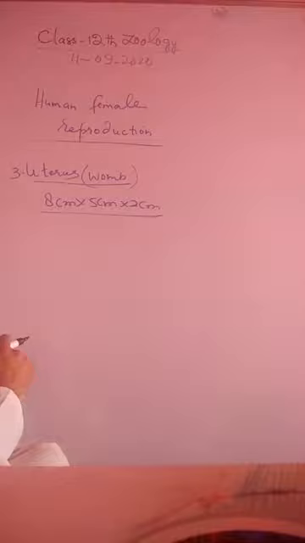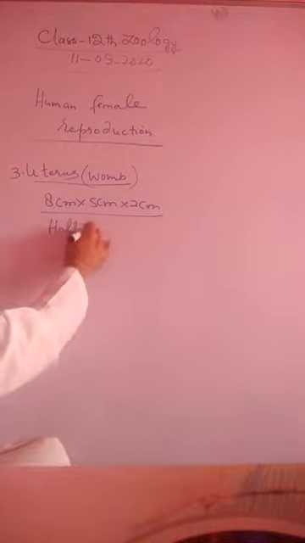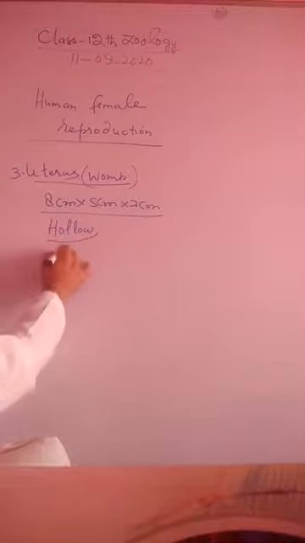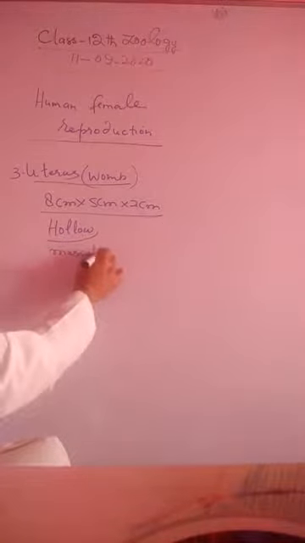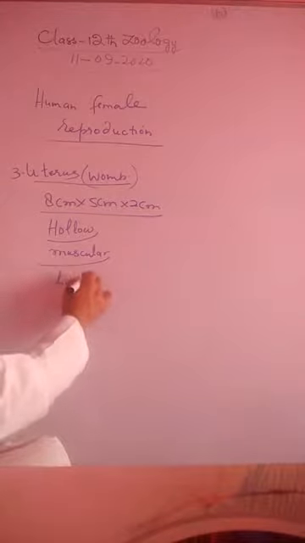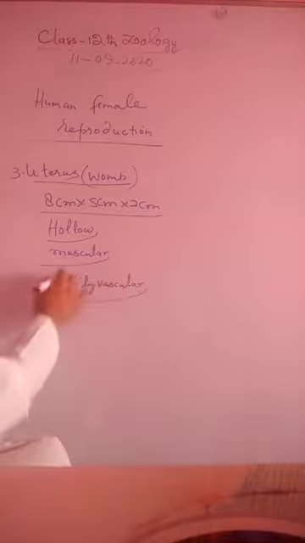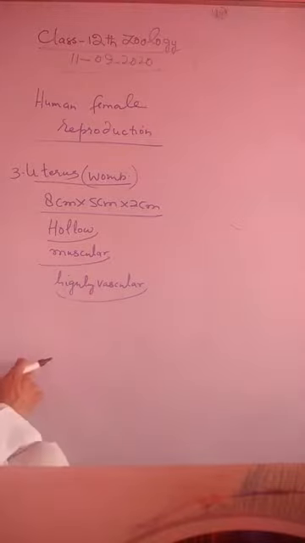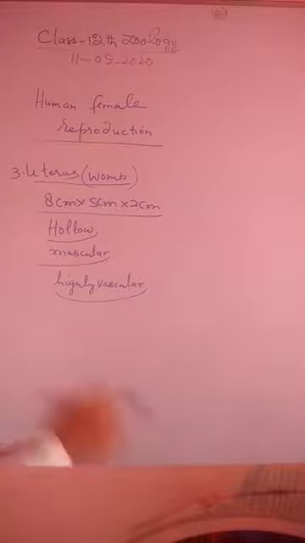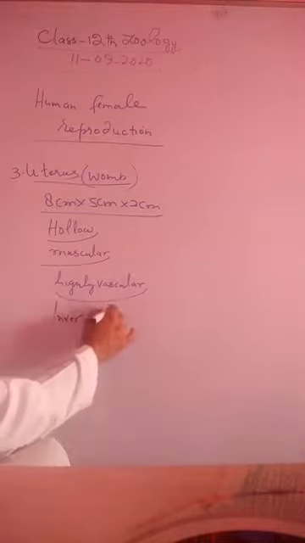Whenever we see this structure, it is hollow, just like a balloon. Number one, it is muscular in nature. No skeletal structure is present there. It is highly vascular, due to the reason that it has to bear the child or the developing fetus, which needs extraordinary blood vascular supply. One more important thing is, it is an inverted pear-shaped